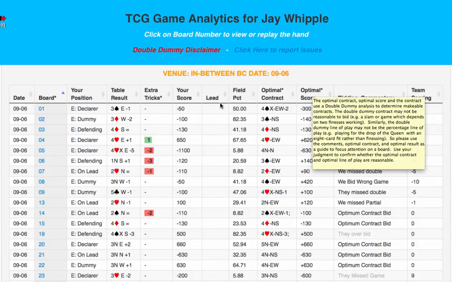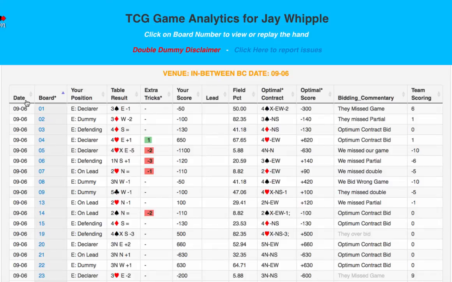Now, let's pretend we're J and look at the data that's presented here. The first 4 columns are self-explanatory, showing you the game date, the board number, the position you were playing for that board, namely declarer, dummy, defending, or on lead, and the result for the board. The next column is extra tricks. This column shows you the over tricks, shown in green, or under tricks, shown in red, that your side made